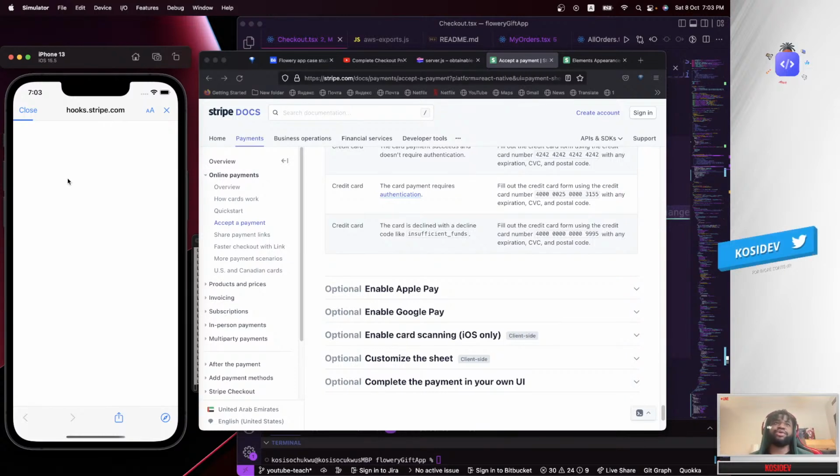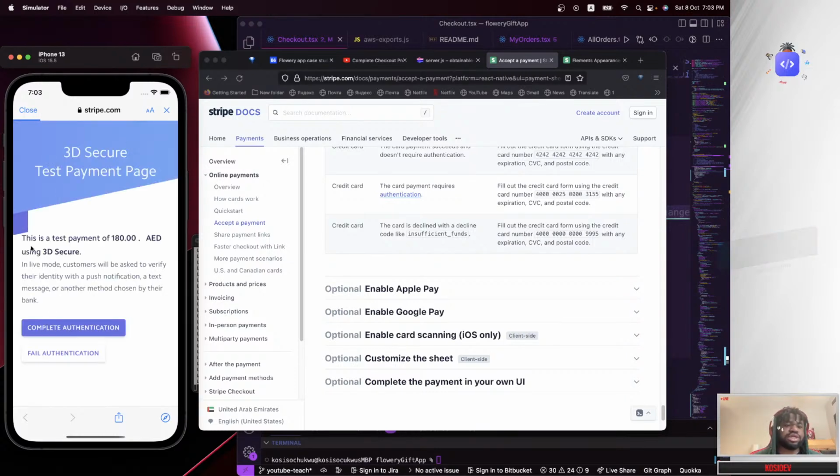If you're using a real card, a real user will not see this page. A real user will see their own bank's consent page, where they will send you an OTP code, and you add the OTP code there to authenticate your card. For the testing, we are going to say complete authentication.